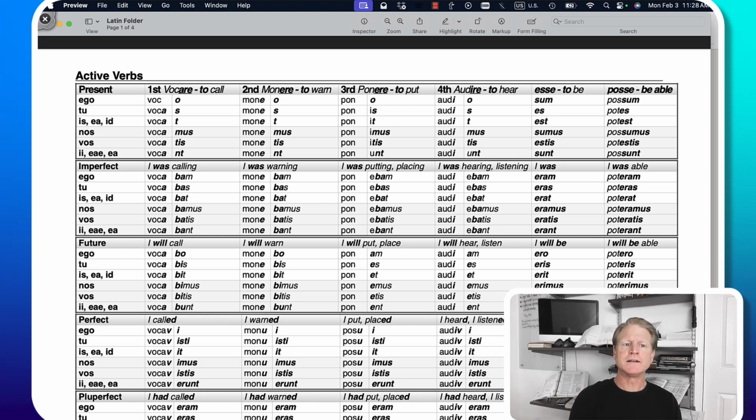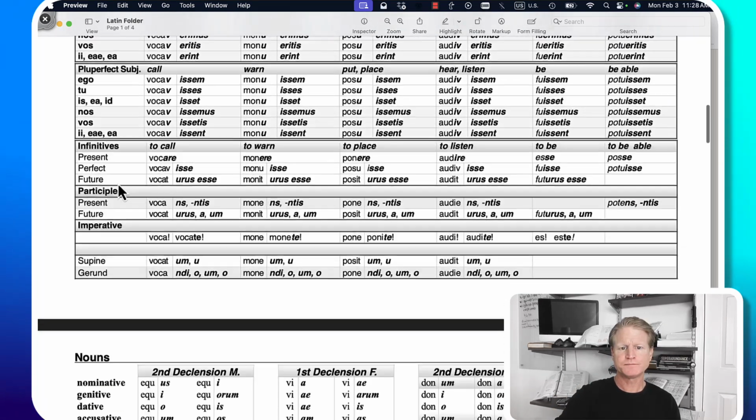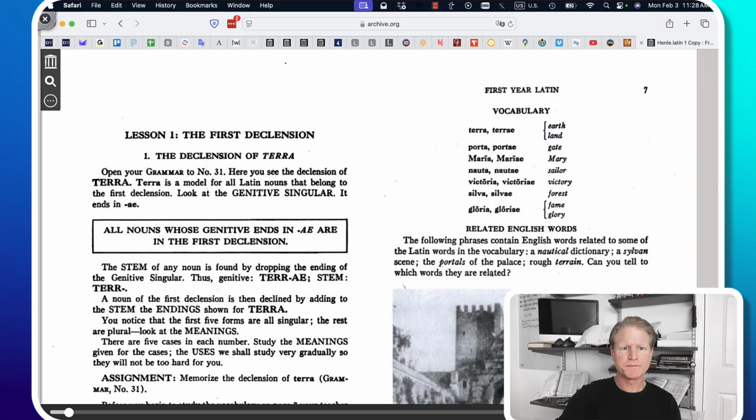So years ago, I took all of the complicated Latin endings and squeezed them into 4 pages, 4 charts, and you're looking at those here. On the first and the fourth page, you'll find verbs. In the middle, you'll find adjectives and nouns and prepositions and things like that. We're going to go to the nouns on page 2. And then we're going back over to Mr. Henle's book. So the first declension is a group of nouns that in Latin typically end with a in the